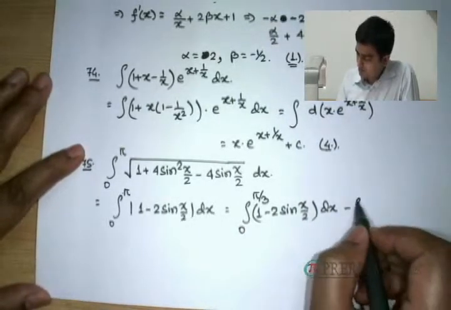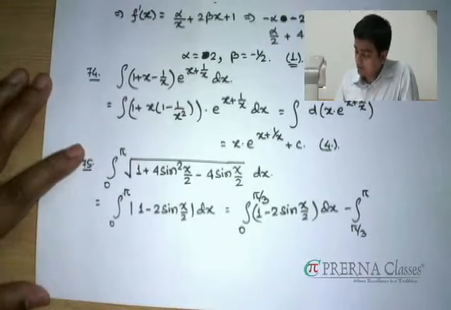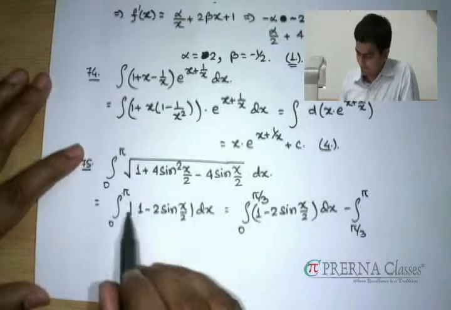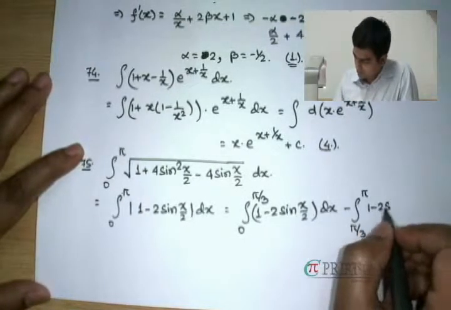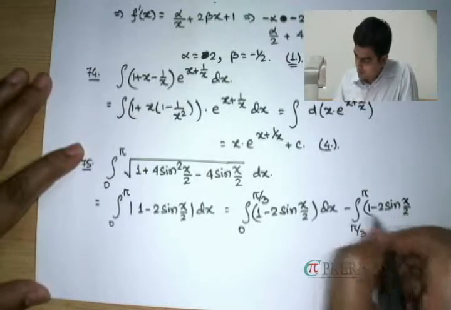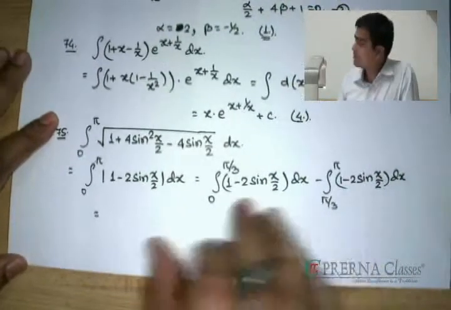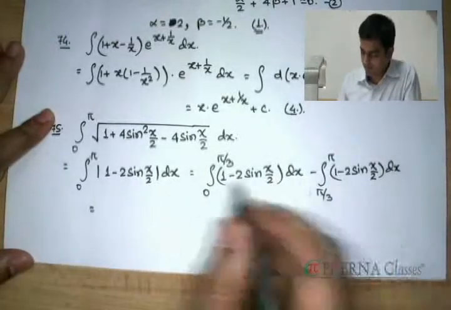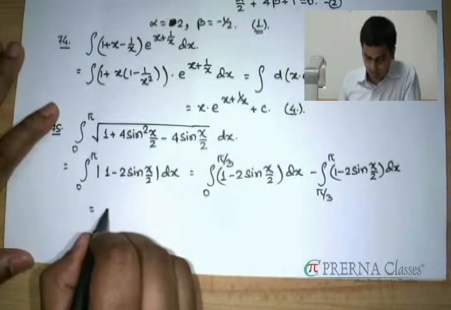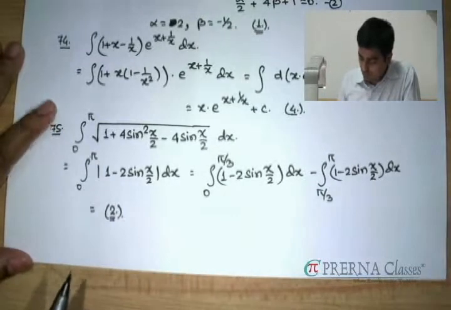So this is how we can remove that mod sign. But in the next case, we have to have a minus sign outside the modulus, because now sine is going to dominate over 1. So it's going to be 1 minus 2 sine x by 2 again, along with a minus sign. Integrating which, we can easily manage this integration, they are in standard form. After putting the limits, you will find that this is going to match with the option 2 given in that problem.